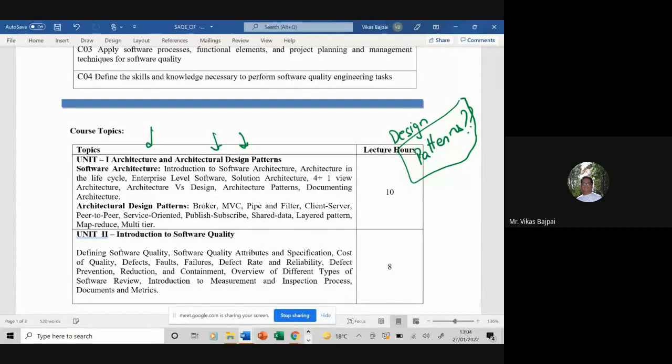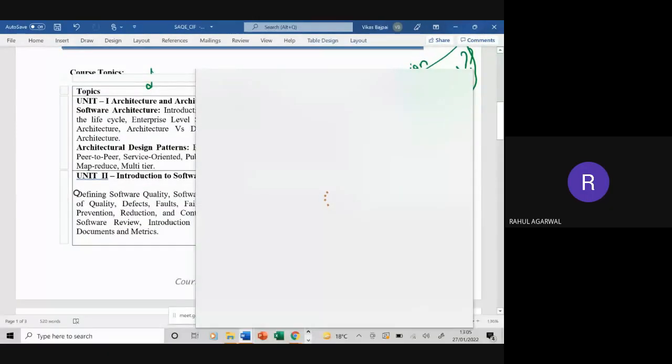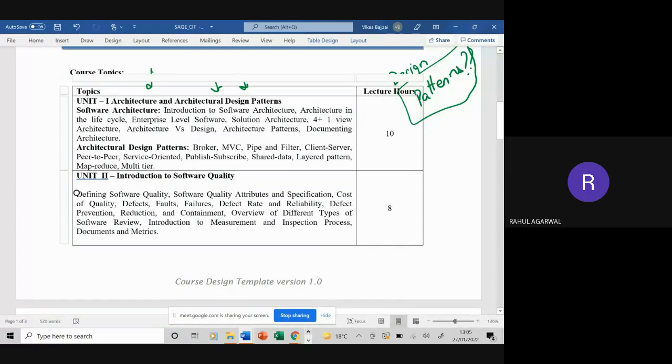What do you mean by pattern? No clue. See, I am expecting this to be an interactive class. Sir, design pattern? Something that repeats, like we can reuse something. Yes, so repetitive or proven designs. Reusability is there, repetitiveness is there,